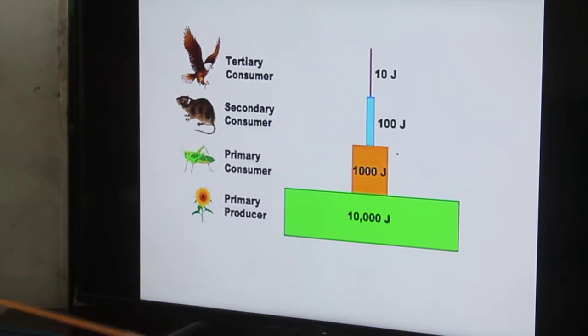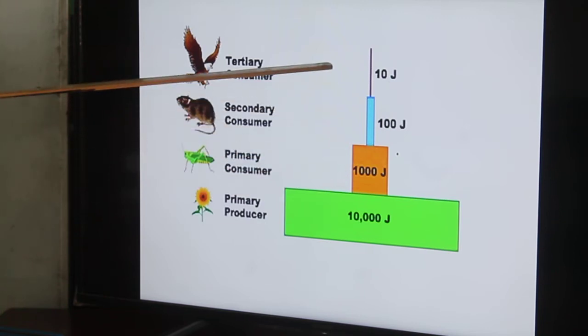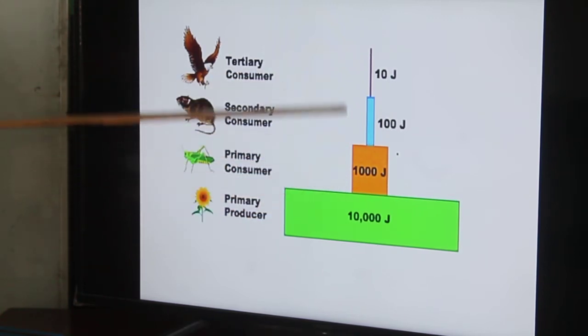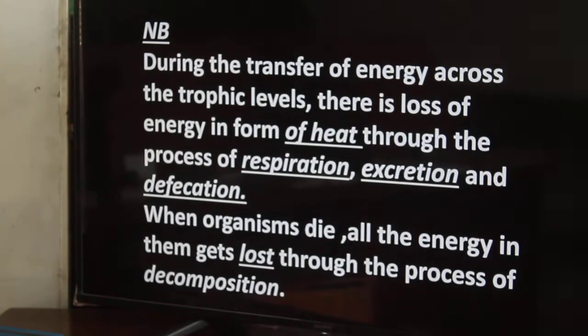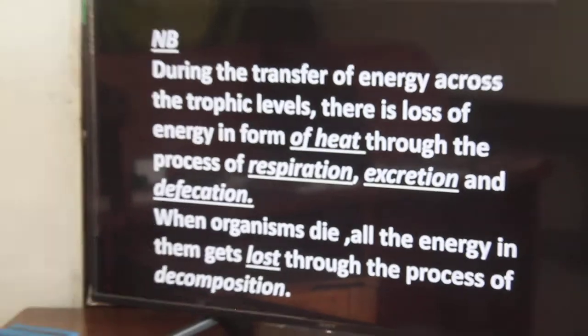So there is a lot of energy loss along the food chain from one trophic level to the other. Equally, as you look at the numbers, in any feeding level, you realize that primary producers are many in numbers. So the loss of energy in these particular feeding levels limits the number, the population, or even the size of the organisms that are able to be in that particular region.